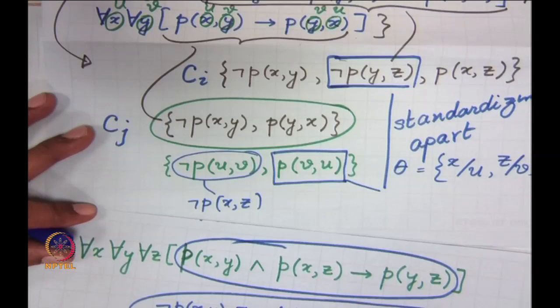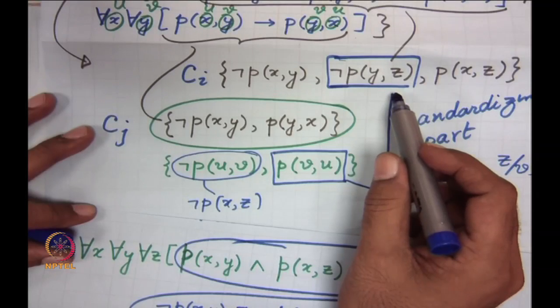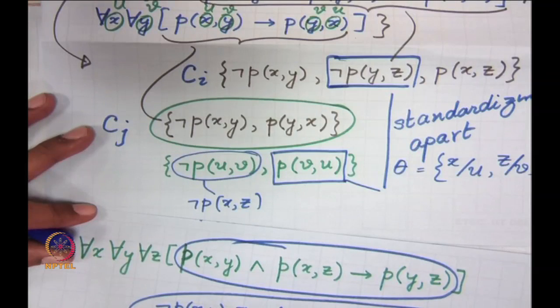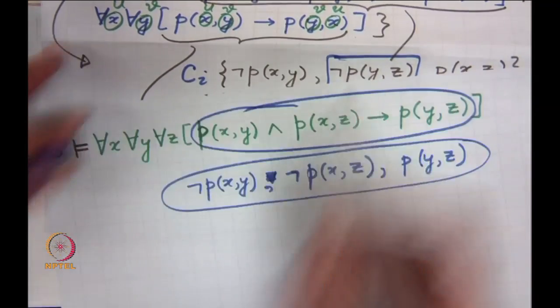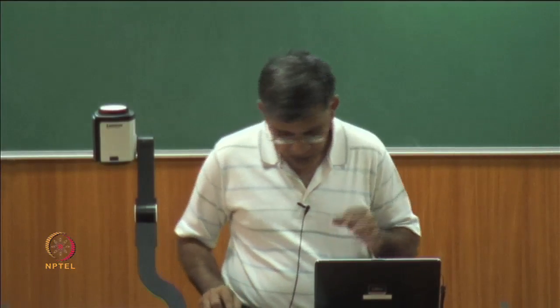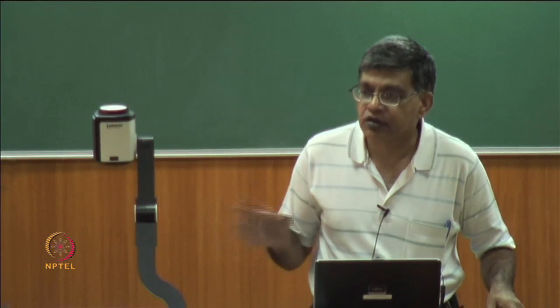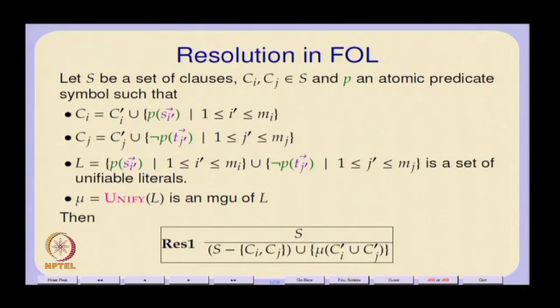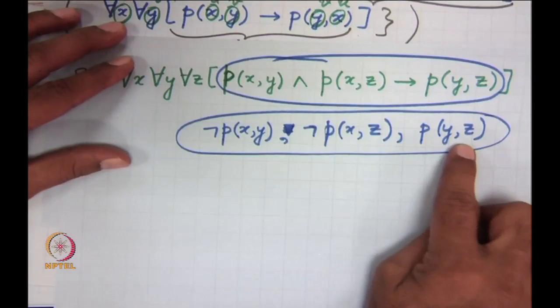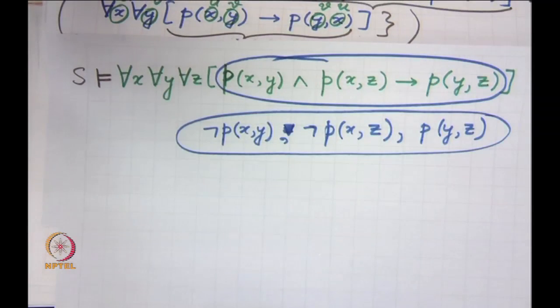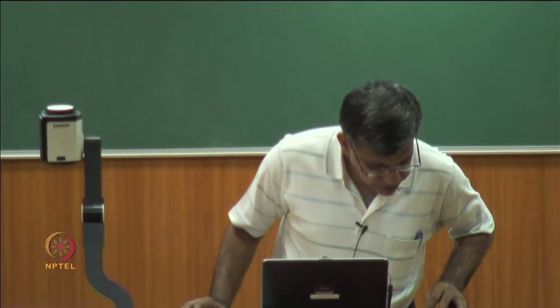No, that may not work. It may not work with this. So, okay, y z. There is one particular substitution you can find, which at the moment I am not able to see, but I'll do that and show it. But basically, what you can do is find a substitution, apply it, and then you will get this clause, and then that's like a logical consequence. Okay, let's stop here at this point.